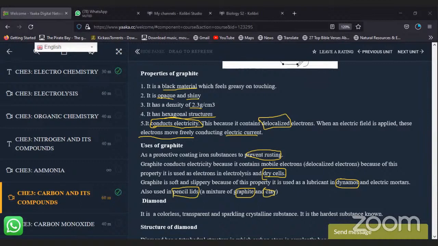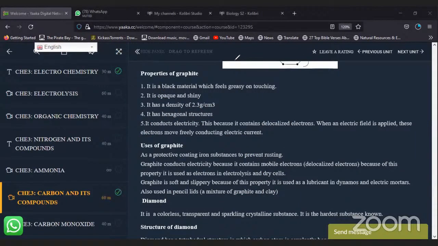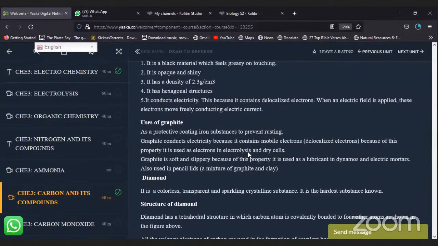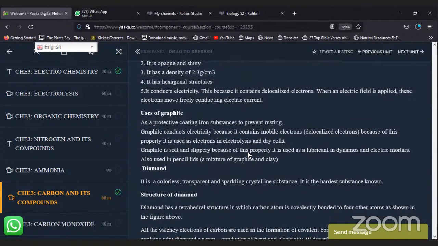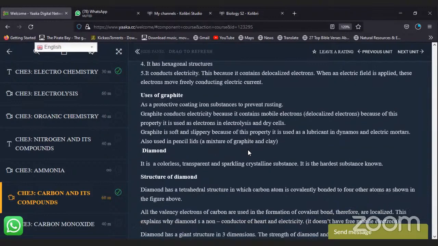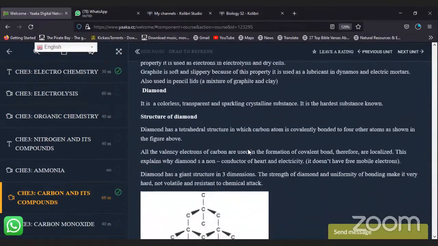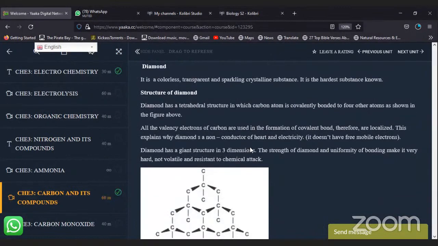We have seen its properties and uses. We have also seen its structure. Now, do you have any questions before we move on to the next allotrope? Any questions? Okay, if you don't have any questions, we can look at